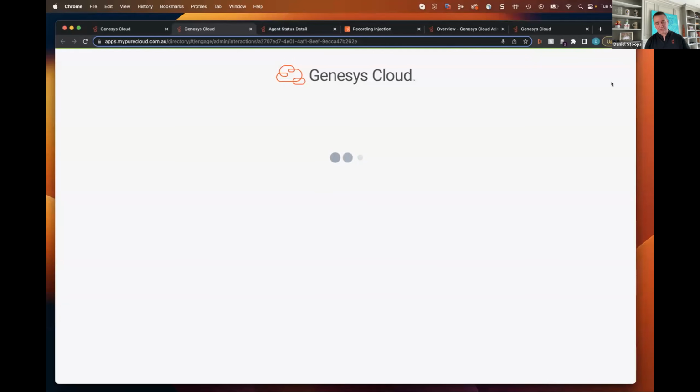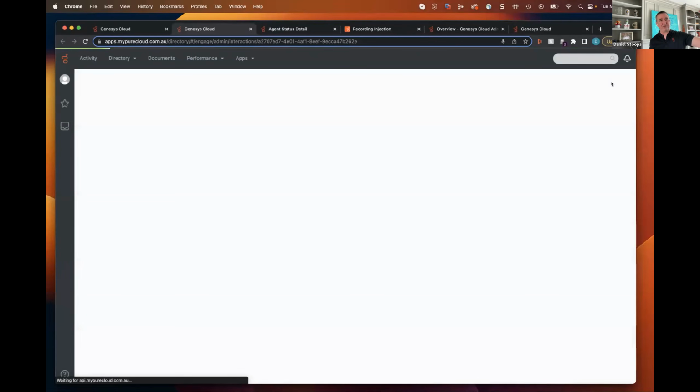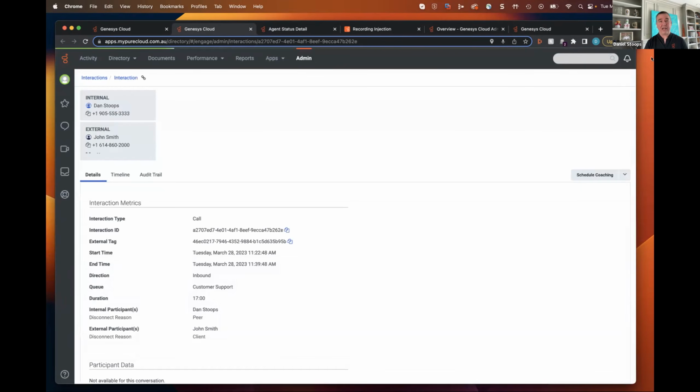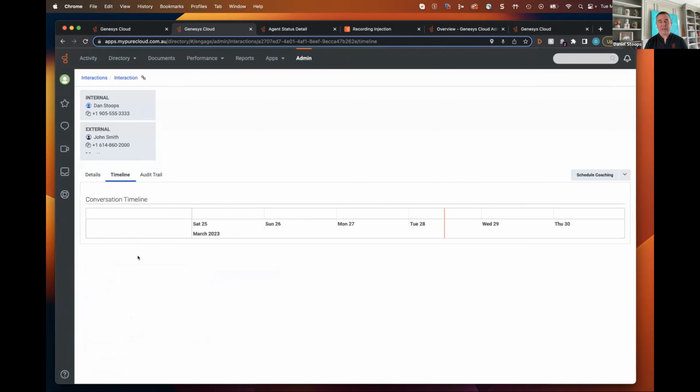So when you send it in, it's this really big, long, messy JSON object that, if you tie everything correctly together, will be consumed by Genesys EX and then presented to a supervisor who is looking at this in these kind of reports. So there you go. Dan Stoops as an agent was speaking to John Smith. I've got the time, about 17 minutes, and I can take a look at the timeline and I can see,